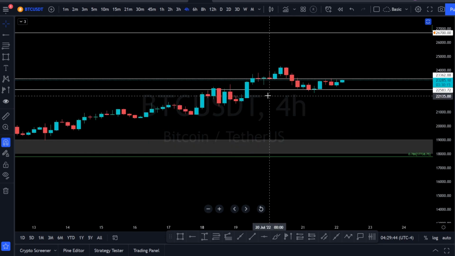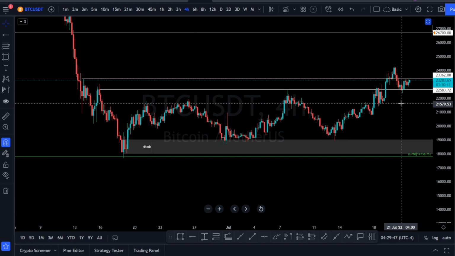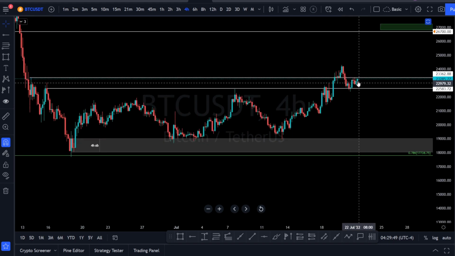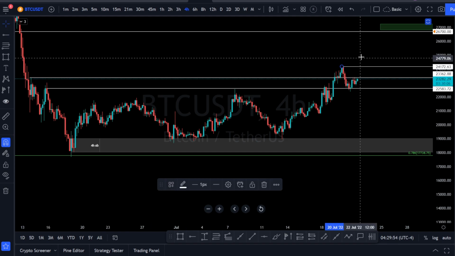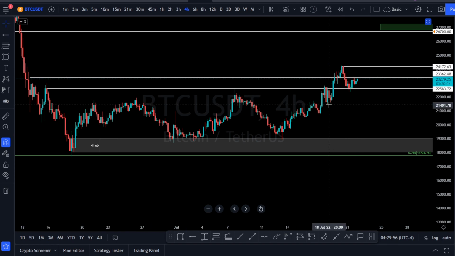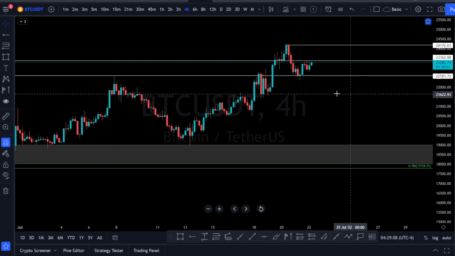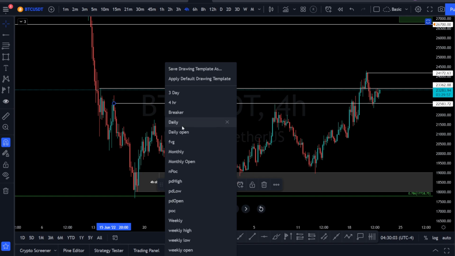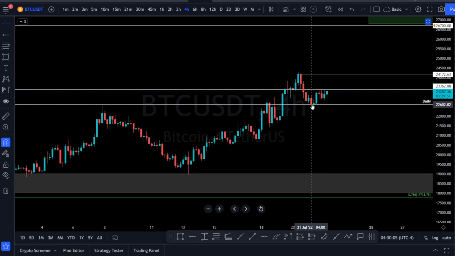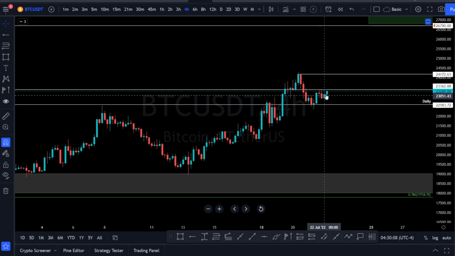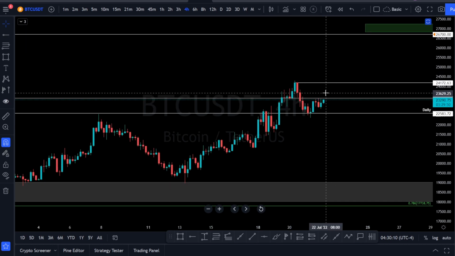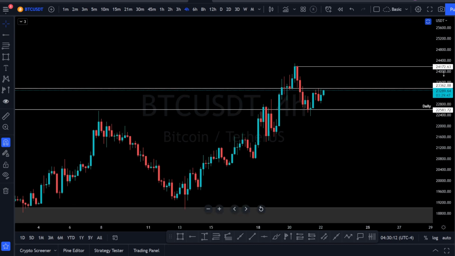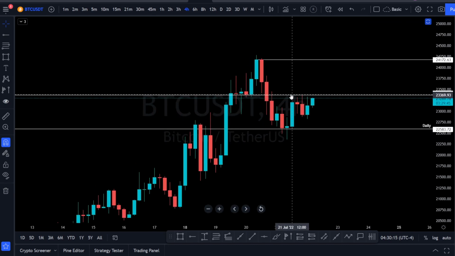Let's drop down to the 4-hour, and what we can see is right now we're playing in this area. This is where we want to break, which would be our high. And currently, what it looks like is this daily level right here. If this continues to hold as support, there's no reason why we shouldn't push through, because if you go back and look at my liquidity video, you'll see in this area,